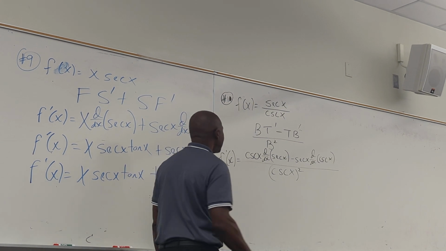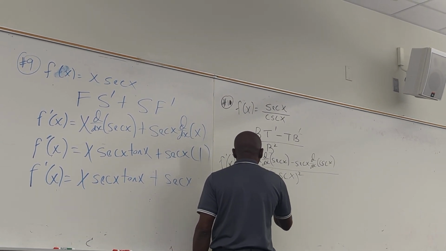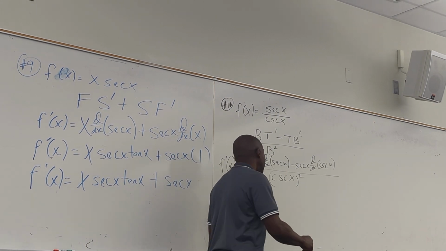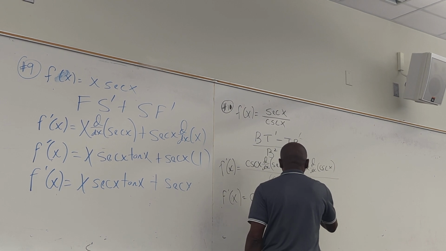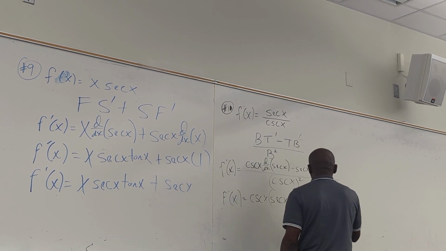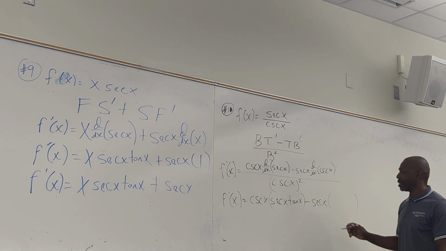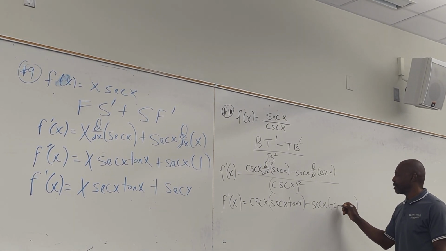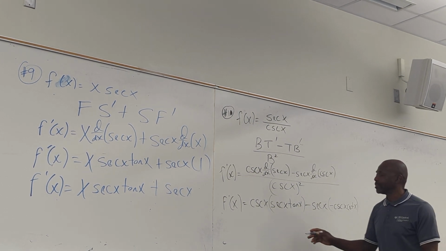And all you need to know is the derivatives. So we have cosecant x, what's the derivative of secant x? Secant x tangent x. And then minus secant x, what's the derivative of cosecant x? Negative cosecant x cotangent x. All over